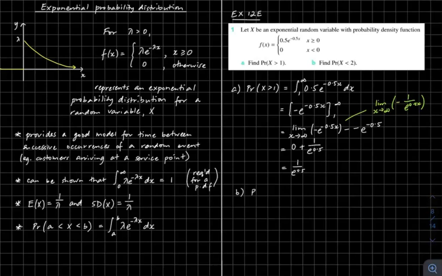The second one here is the probability that x is less than 2. So that's going to be the area from 0 to 2 of 0.5 e to the negative 0.5x dx. So that was negative e to the negative 0.5x from 0 to 2. And so what does that become? Negative e to the negative 1 minus,